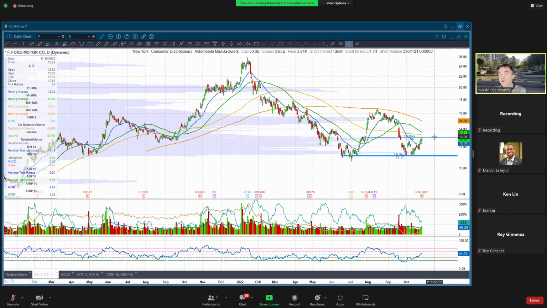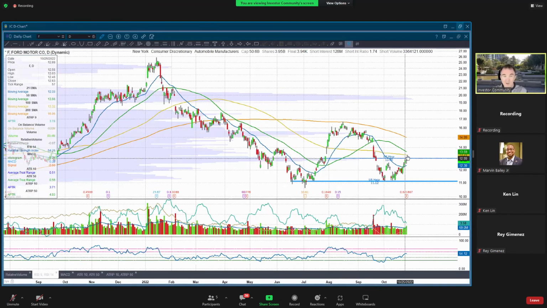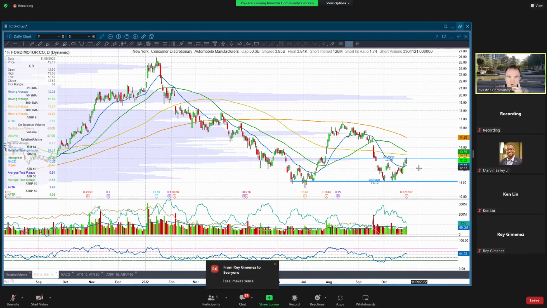However, this is not a good time to sell puts because we are now coming into resistance. It shouldn't surprise us if we roll over a bit and come down, in which case you'd be better off selling puts down here as it bounces off. When this bounces off support, that's a good time to sell puts. Not here, where we've got a little bit of resistance and it could roll over.